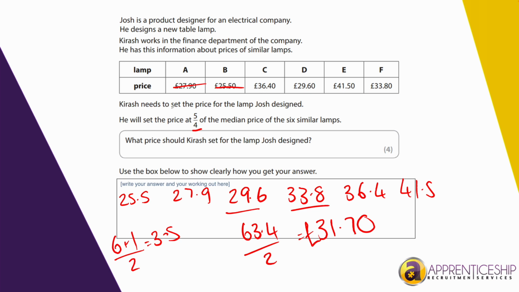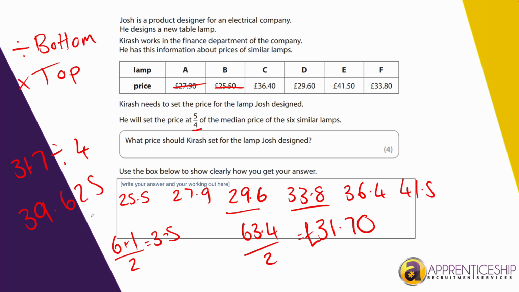Okay, but we still need to set the price at 5/4 of that price. So if we remember back from fractions, if we have a fraction, no matter what it is, and we want to work out a fraction of something, we divide by the bottom, and then we multiply by the top. So 31.7 divided by the bottom number, which is 4. So we divide it by 4, and then we multiply by the top, which is 5. And we end up with